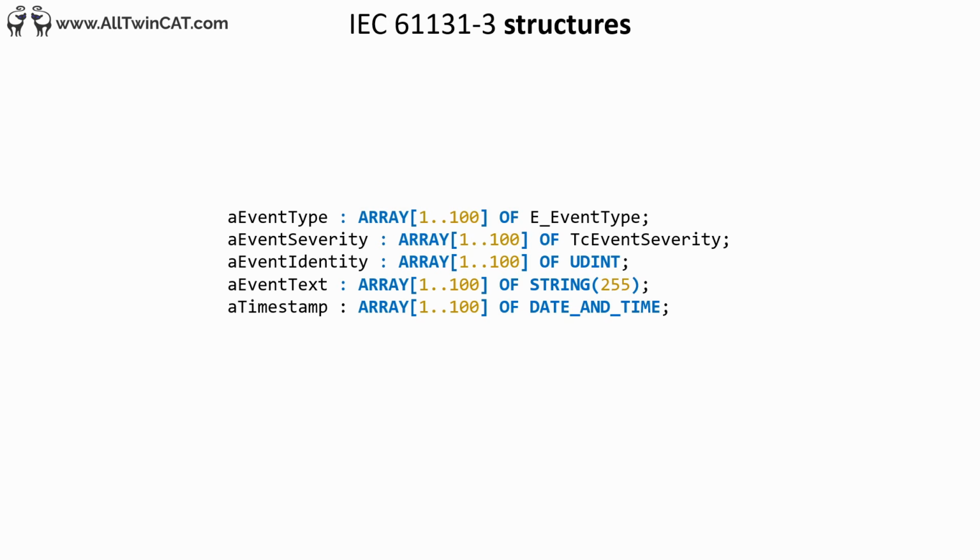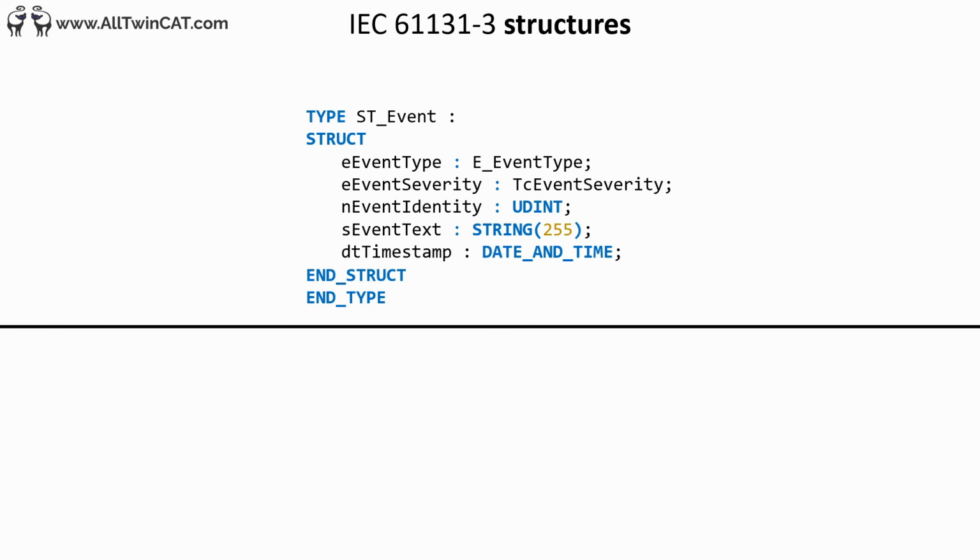Just as we can have arrays to hold data items of the same kind, we can use something called structures to structure data of different kinds. Structures are a user-defined data type available in the IEC standard that allows us to combine data items of different types. Structures are used to represent a record or logical group. If you want to achieve what we did in the previous slide of storing 100 records of events, we now only need to create one array of 100 instances of this struct. In this way, all data is now grouped into one single array instead of 5 arrays with different data types.